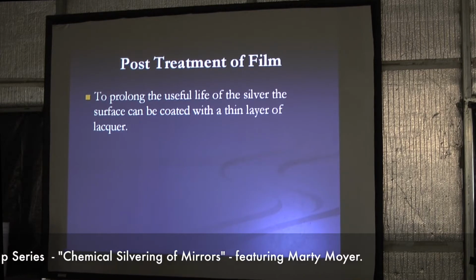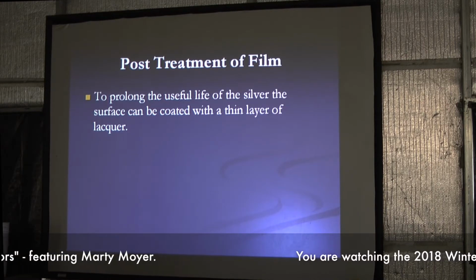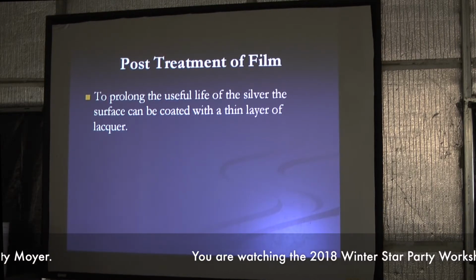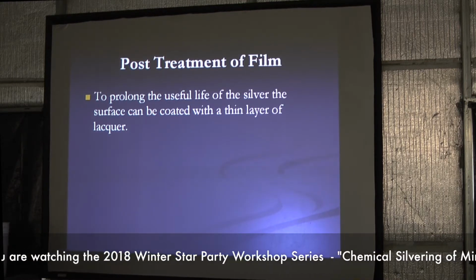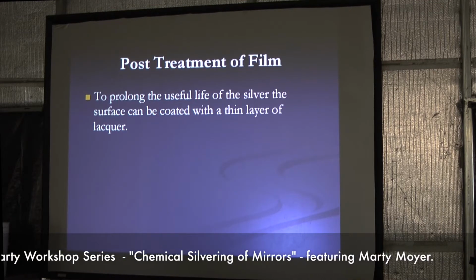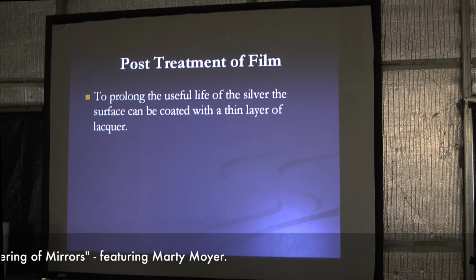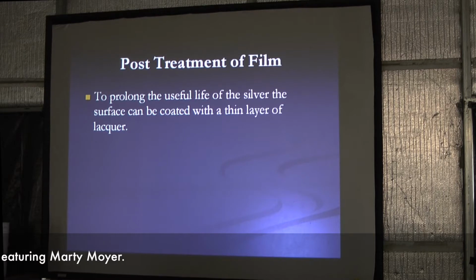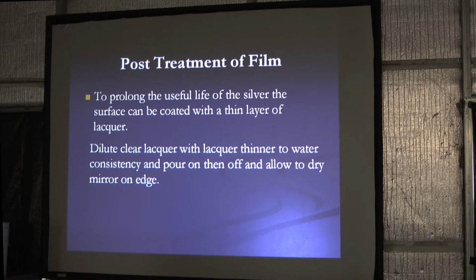And I've done this. I found that worked real well, was coating the mirror with a thinned out layer of lacquer. If you're going to do that, you got to use gloss lacquer, because semi-gloss has got plating agents in it which mess up the clarity. So you would take lacquer, you dilute it with lacquer thinner to a really thin consistency, like water thin, dump it on the mirror, dump it off, leave it on edge to dry. It'll form a wedge shaped